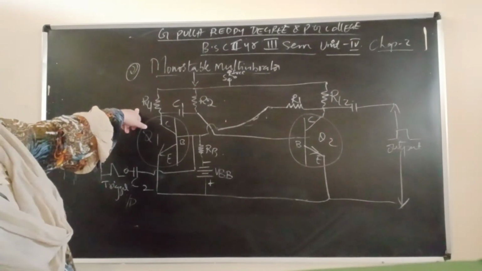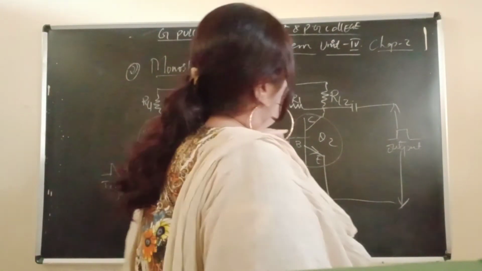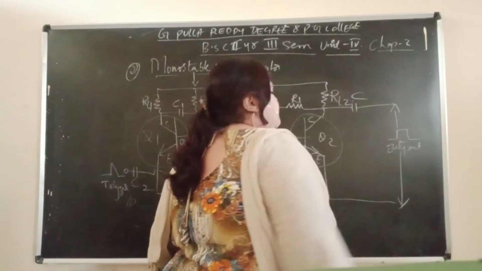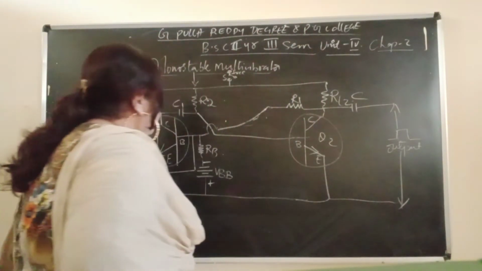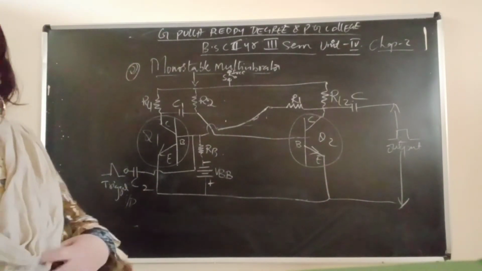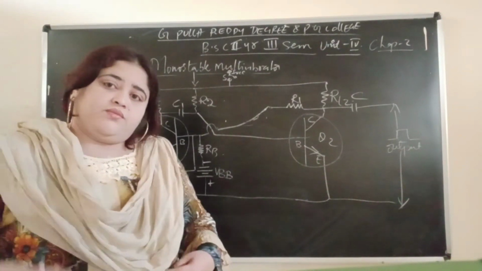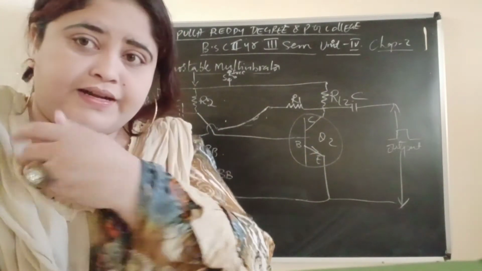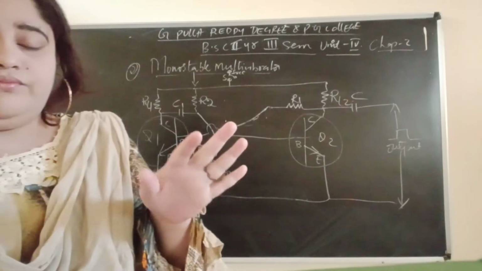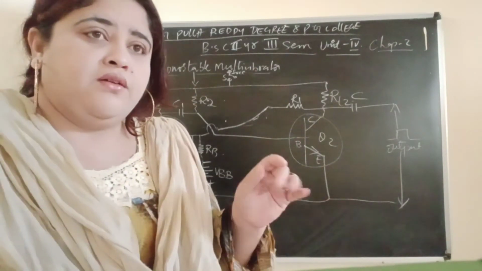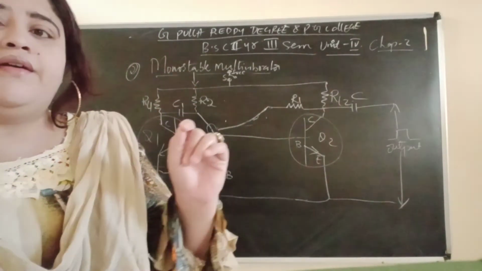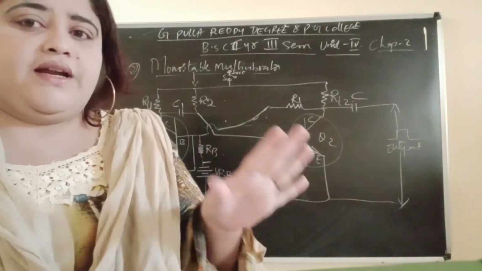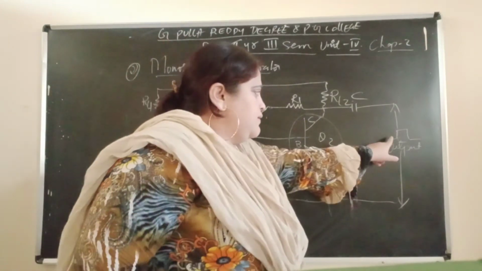What is this? RL1, load resistance 1, load resistance 2. Then this will be one capacitor. Across the capacitor we will be taking the output. One important point about this monostable multivibrator: in a monostable multivibrator you will not get the total waveform like a square wave from positive to negative. Simply you will get the pulse.